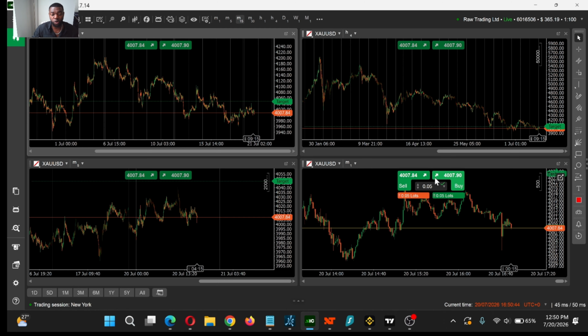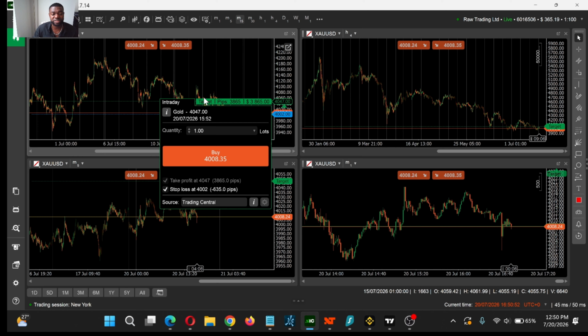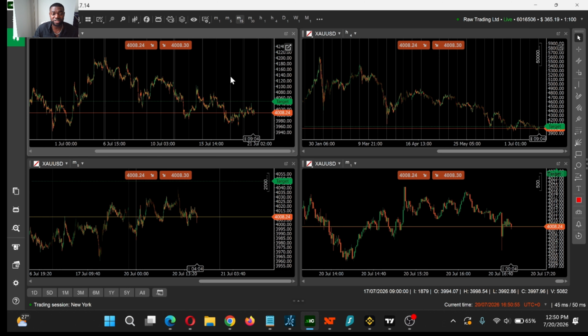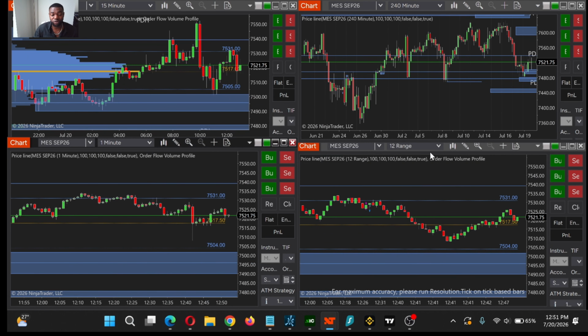You can have it all in one, or you can decide to trade it individually, or just look at it individually, like the 4-hour alone or the 15 minutes alone. But when you look at all these 4 at the same time, you can have a cleaner picture of what's happening. So on the Forex market, you can still have all your 4 charts. You can have your 4 charts on all these markets: stock market,